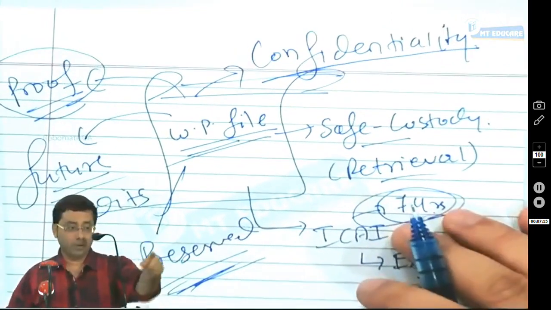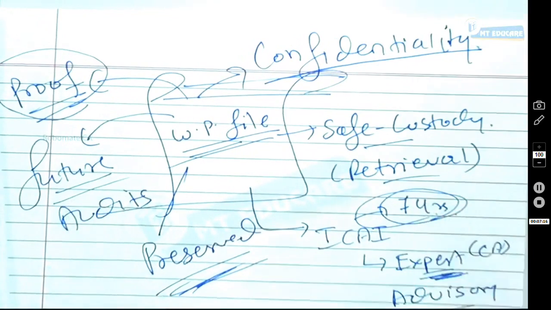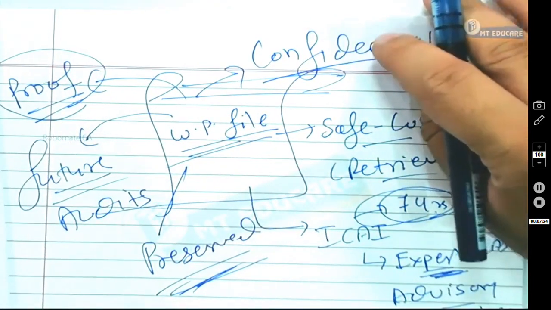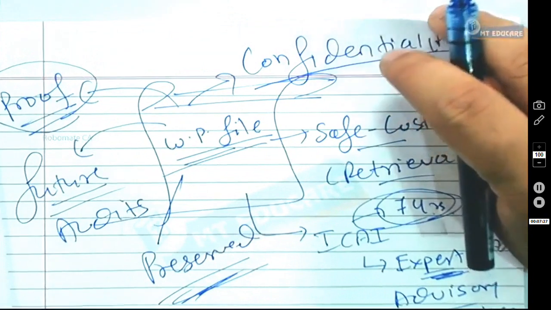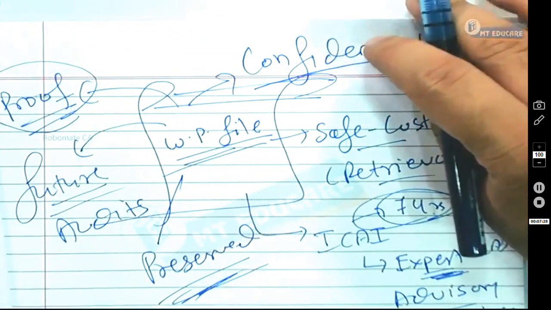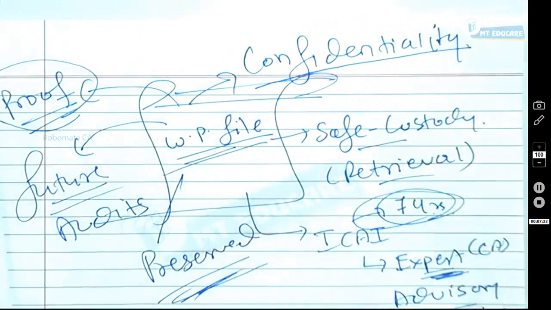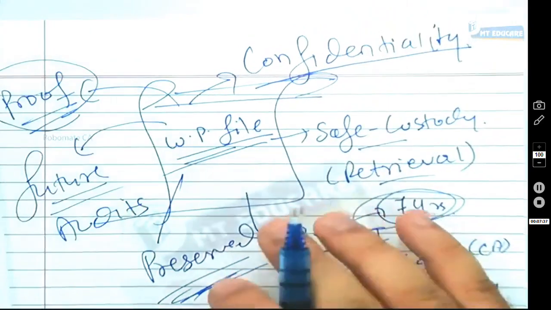See, what happens, you also do this every day. When you finish the audit of one client, you try to communicate all this information to another client. Yesterday I was there, I did this audit for this client, and he was giving so much salary to his employees, and his employees are really working with him. And do you want those employees to be joining your competitor? So you shared all the confidential information of one client with another client. That you should not do.